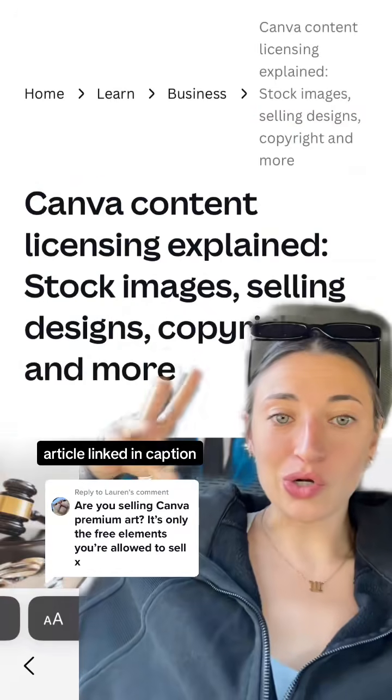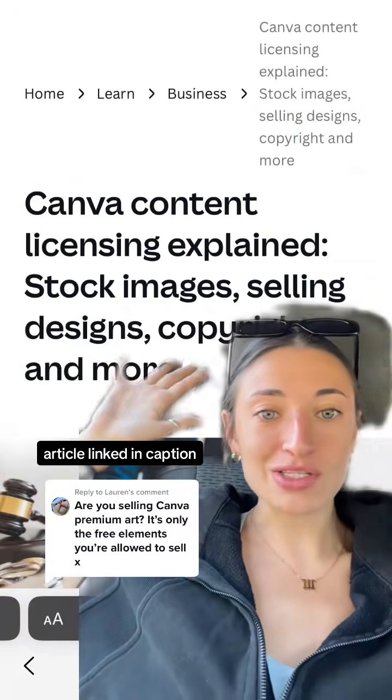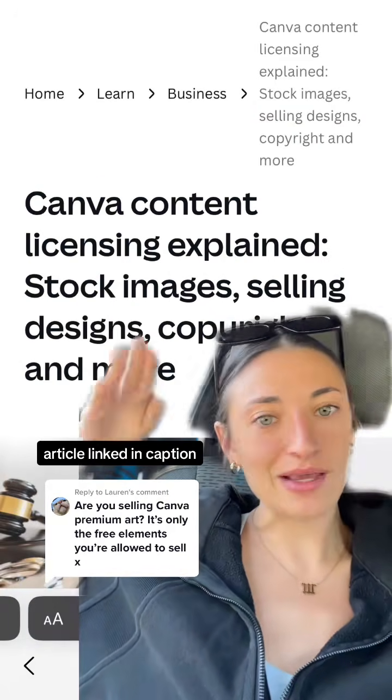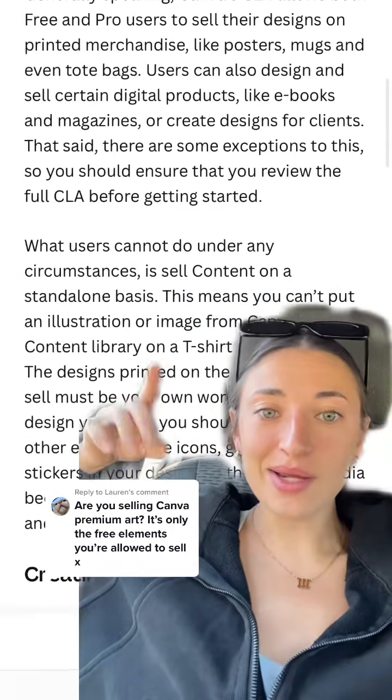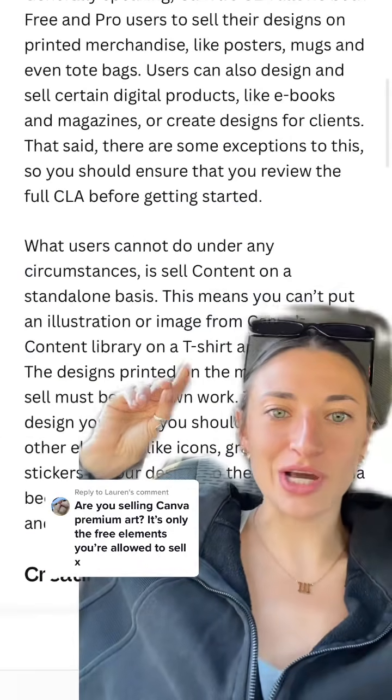If you are designing in Canva, you can sell those designs, but there are restrictions. Let's break it down. I'm going to use this article during this video to explain some things. This is just off of Canva's website. It's their content licensing explanation. Let's start by explaining what you can't sell because I think it makes it easier to understand what you can